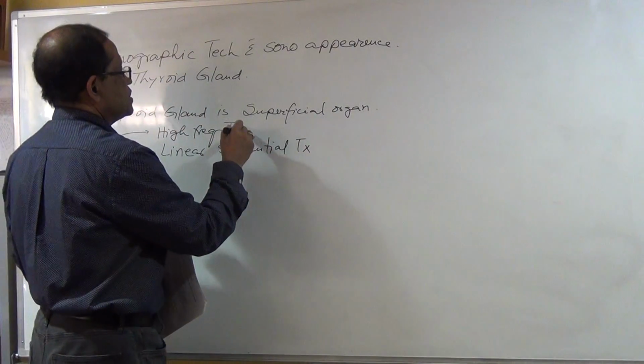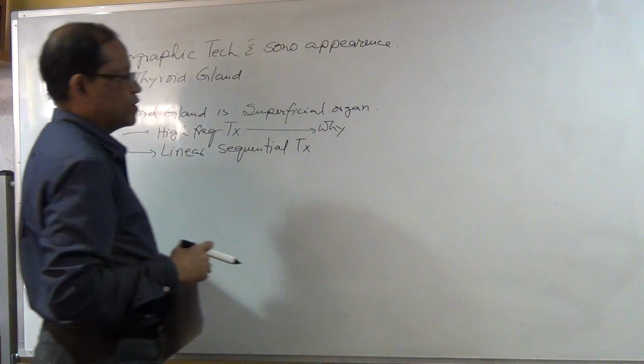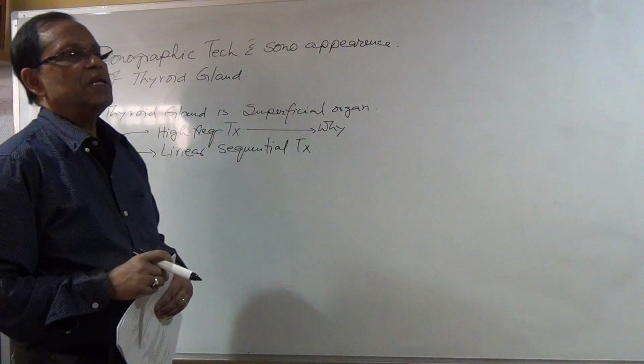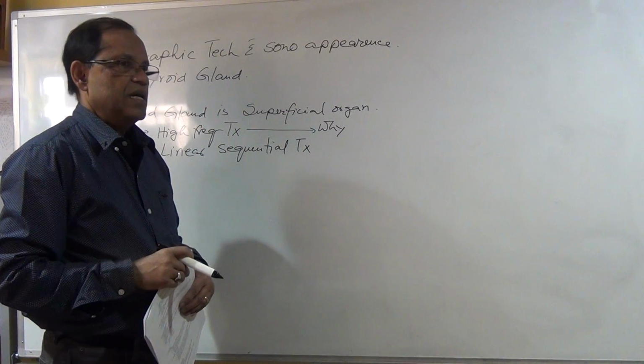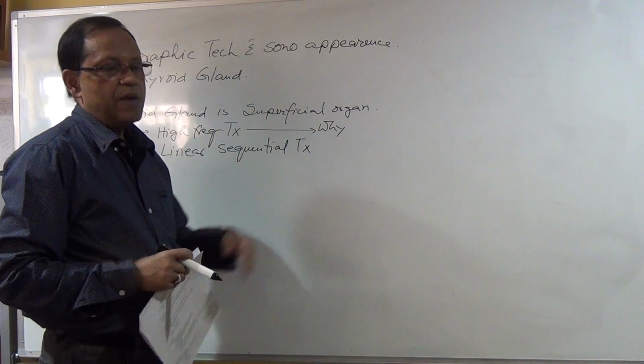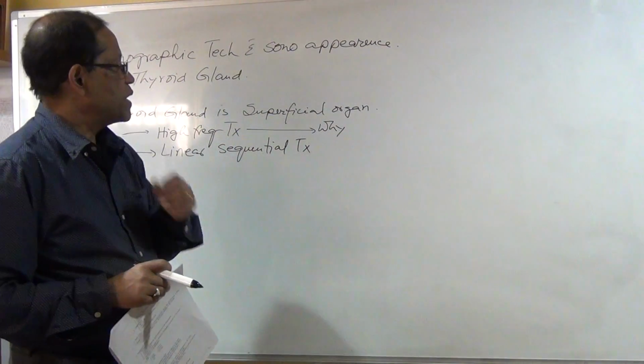Why a high frequency transducer for the thyroid gland? And what level is high frequency? 5 megahertz, 7 megahertz, 10 megahertz. I'm going to pick 10 megahertz because the high frequency